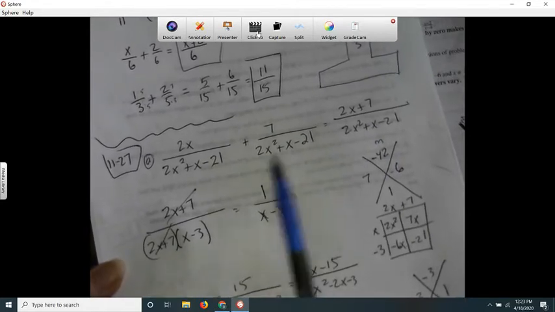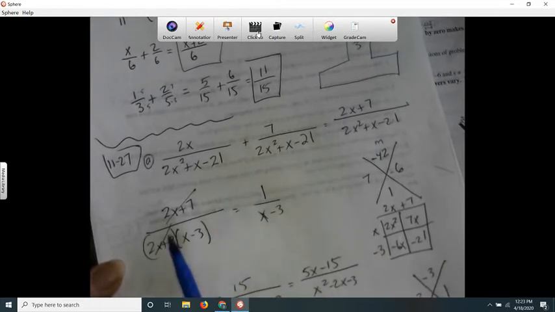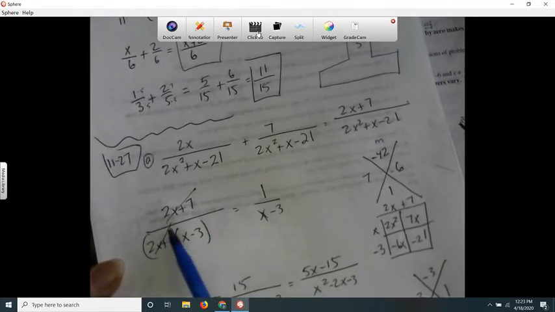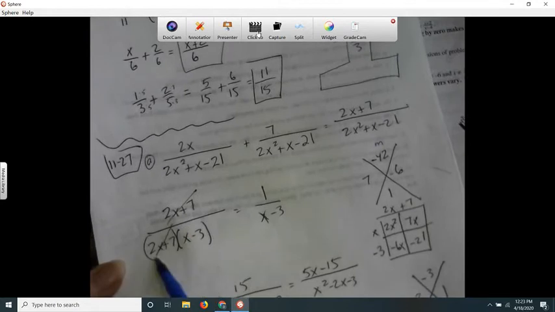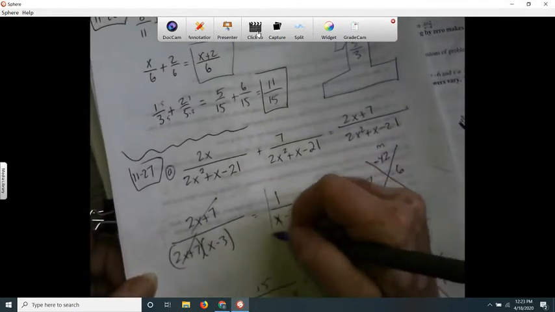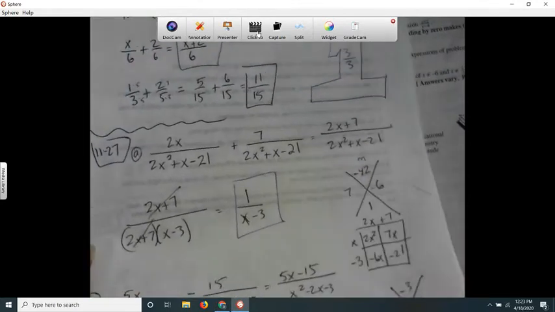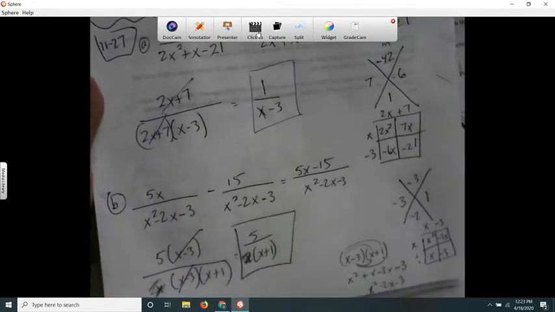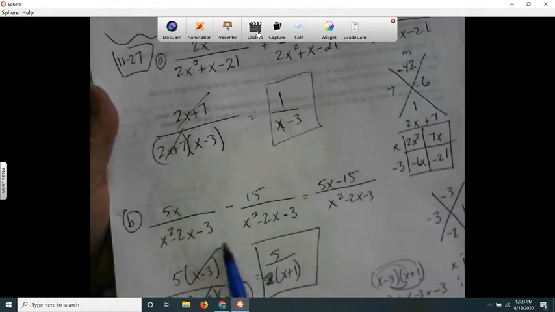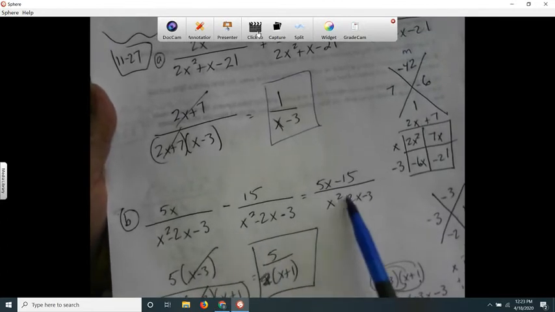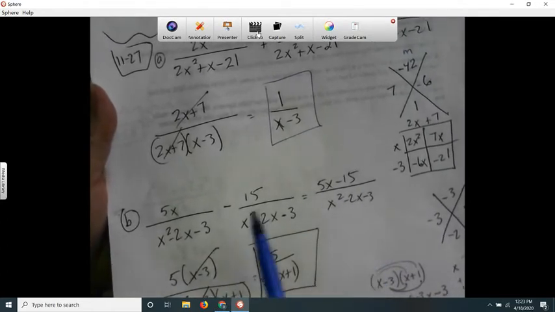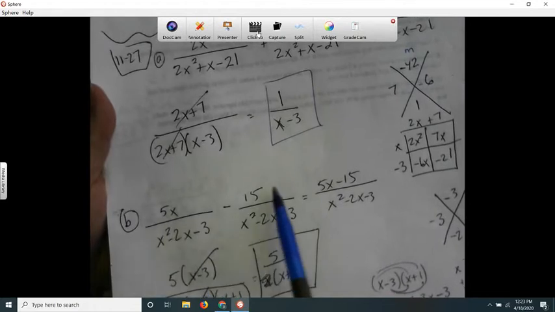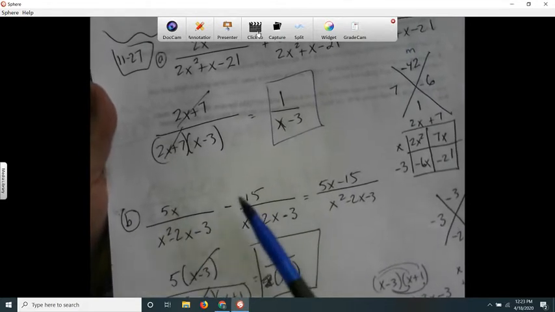And then I found that I had matching factors. So that's a giant 1. So I canceled it out. And there's my answer. And then when I do letter B, well, letter B has the same denominator, so my answer is going to have the same denominator. And then 15, you add the numerators, or subtract in this case,